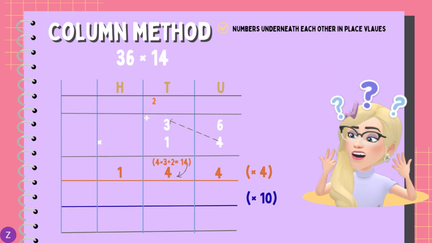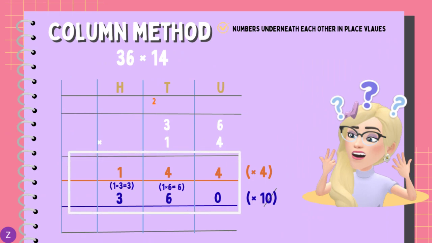We are not done yet. We have not yet multiplied with a 1, or in this case, the value of that 1 is 10. So we need to still multiply with 10. To make it easier, we now take the 0 and put the 0 by the unit side as a placeholder because we are actually working with tens. So we will start with 1 times 6 is equal to 6, and then 1 times 3 is equal to 3. When we are done, we need to now add the two numbers that we broke up.